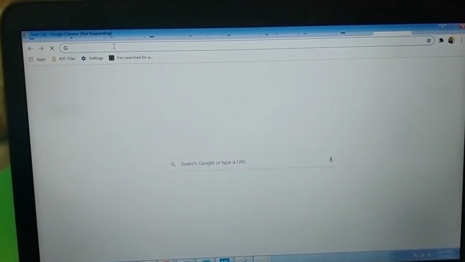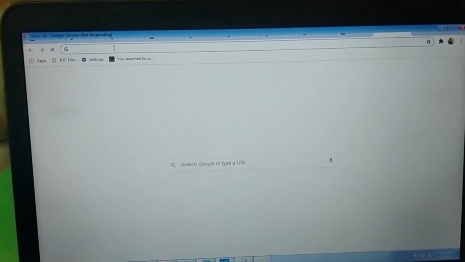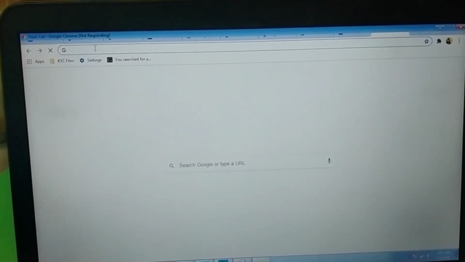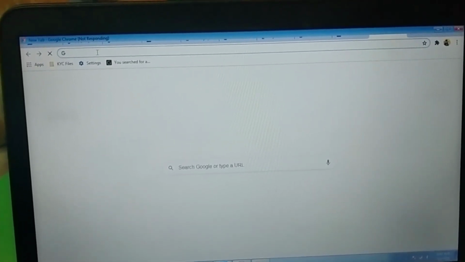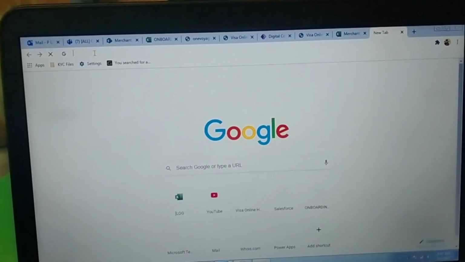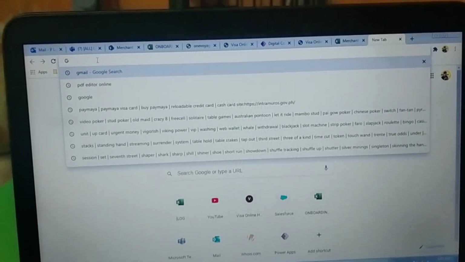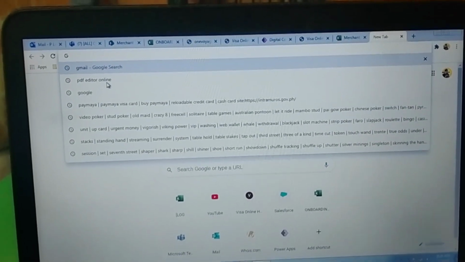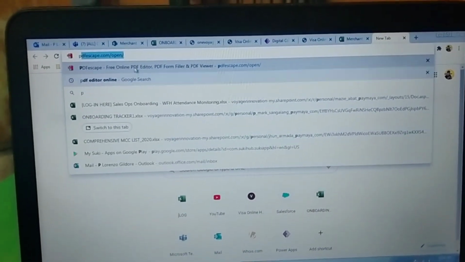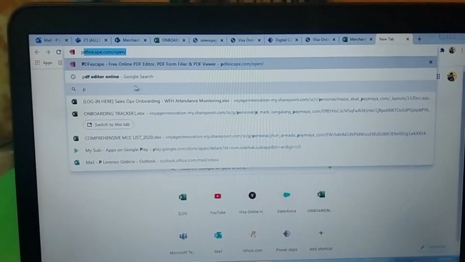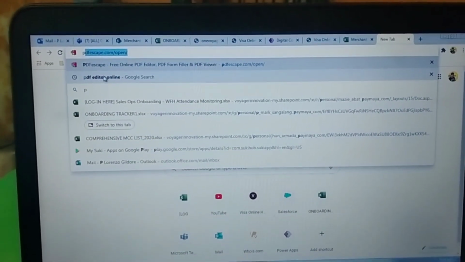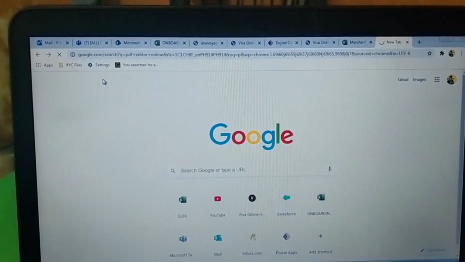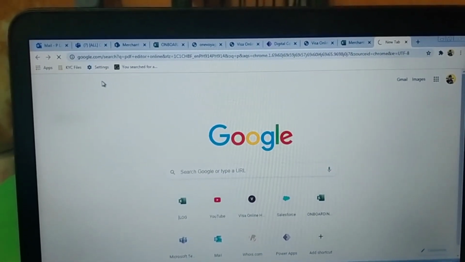Wait, it's not responding. So type natin dyan PDF editor online. So yan, basically kasi lagi ako nag-edit ng PDF file, lalong na sa time card. So put tayo dito PDF editor online, and then